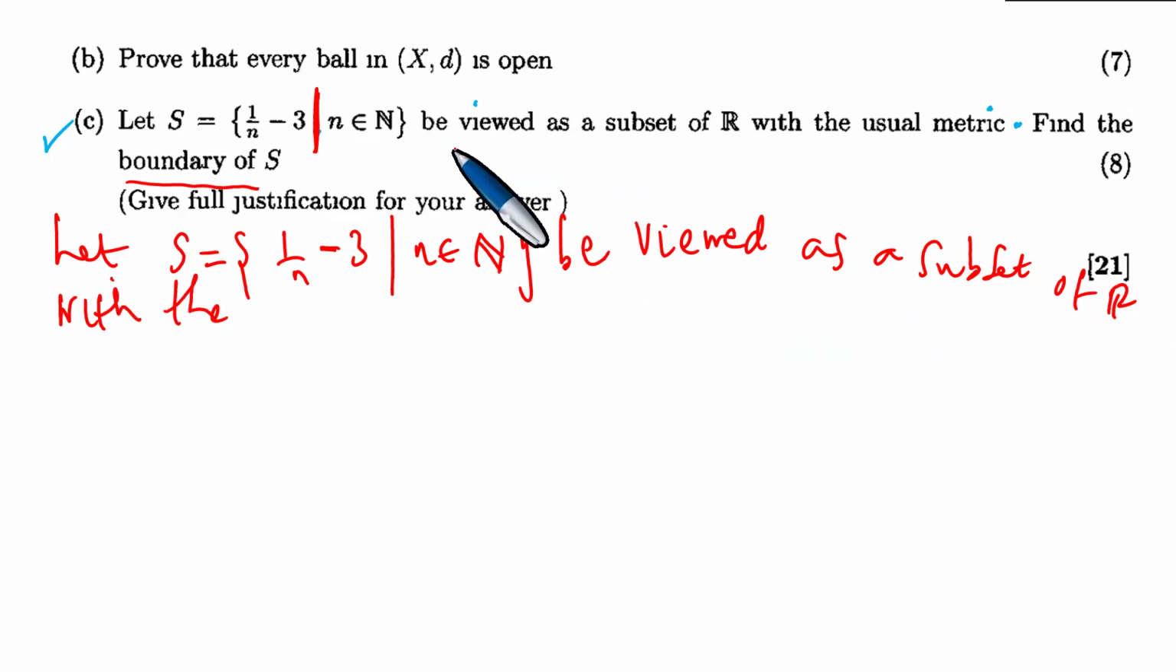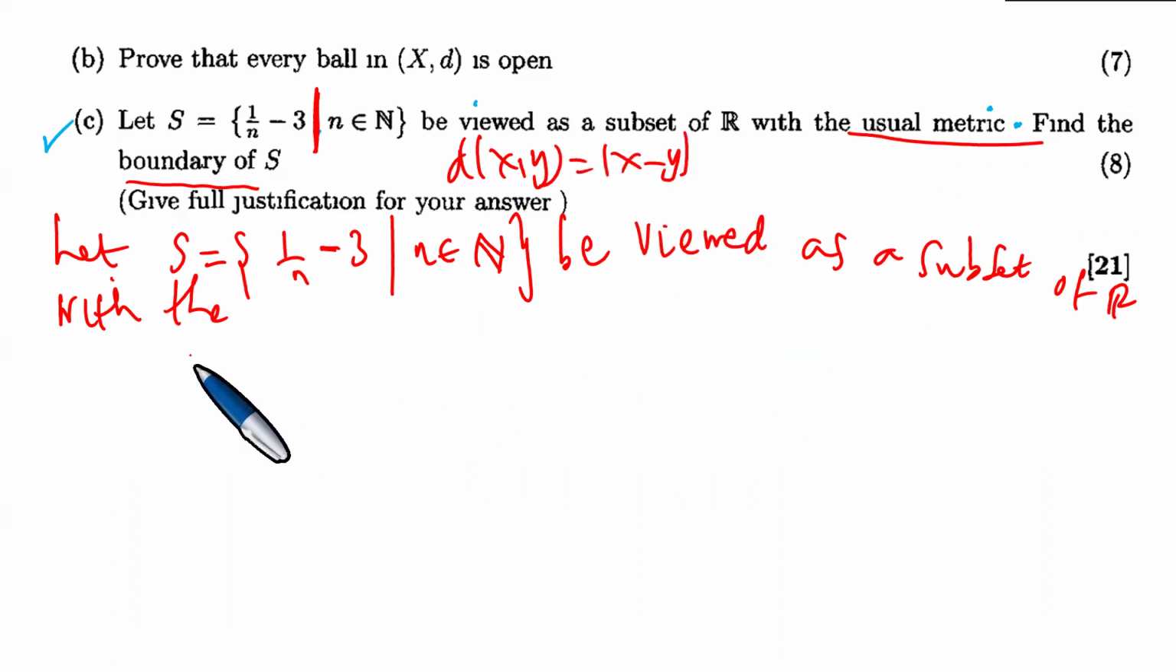The usual metric is the usual distance function. The distance between x and y, usual metric. By usual metric, we mean this distance function, the absolute value of x minus y. Right, so now, with the usual metric,